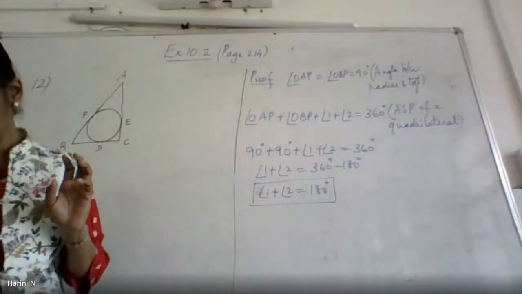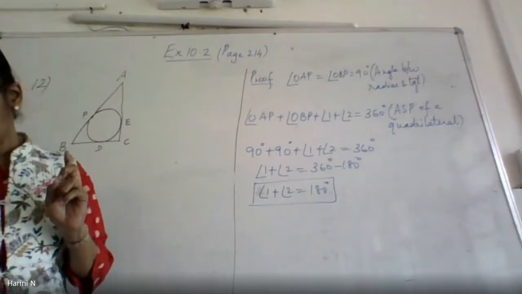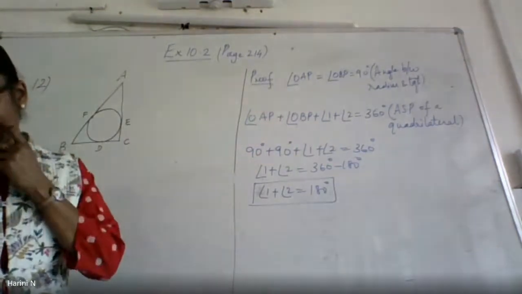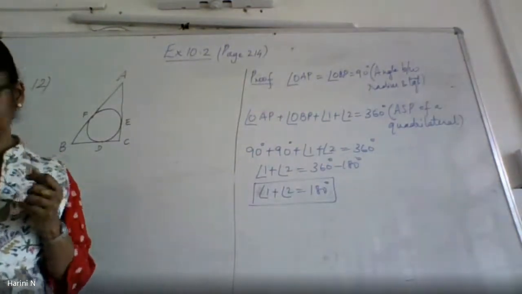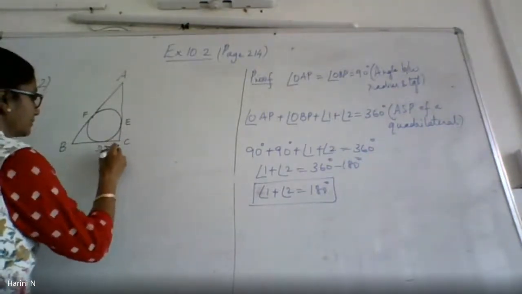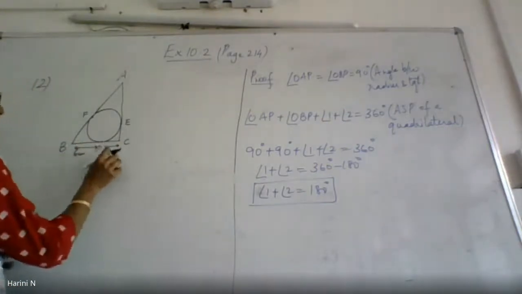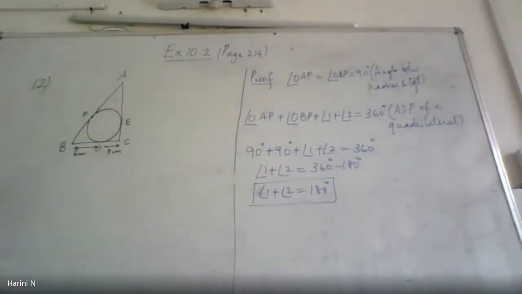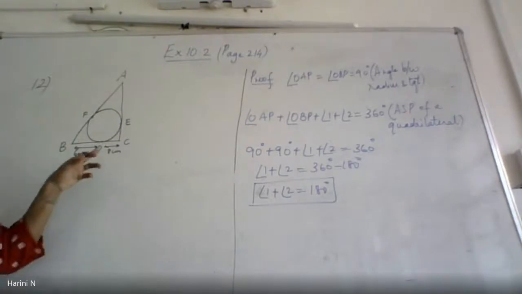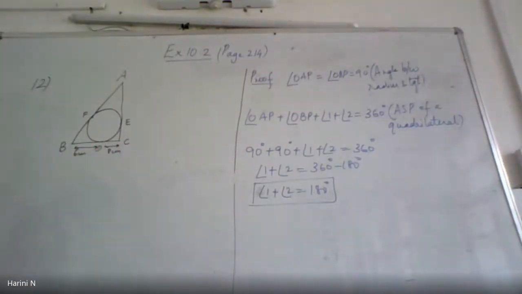So I am given BC is divided by the point D, into lengths of 8 and 6 centimeters. So this is 8. It may look different. You may think why 8 is smaller than 6. It is just a very rough diagram that I have drawn, so it's looking like that. So you try maintaining 8 as a bigger segment and 6 as a smaller segment. Alright, so this much is given.